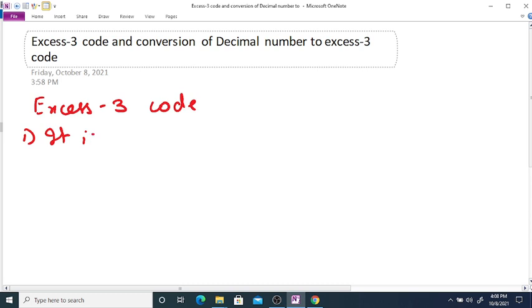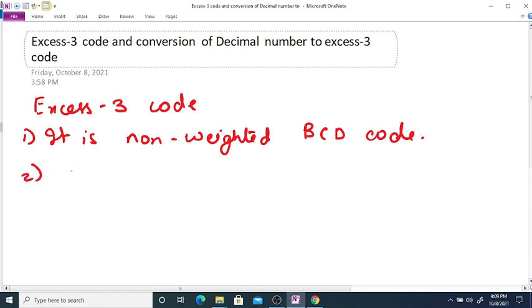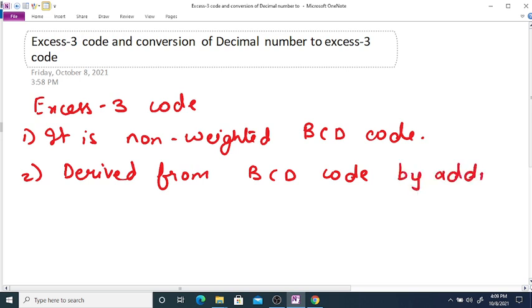It is a non-weighted BCD code, that is, this code is derived from BCD code by adding binary 3 or BCD 3 to it.